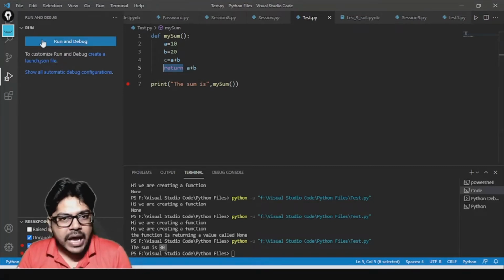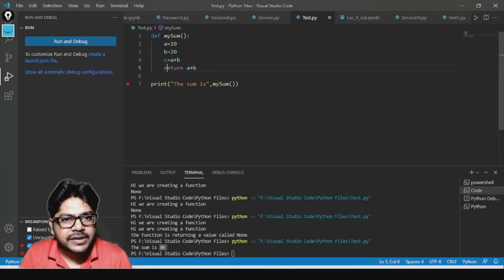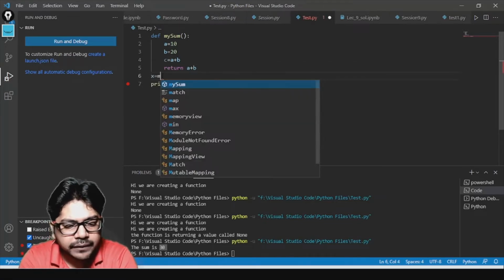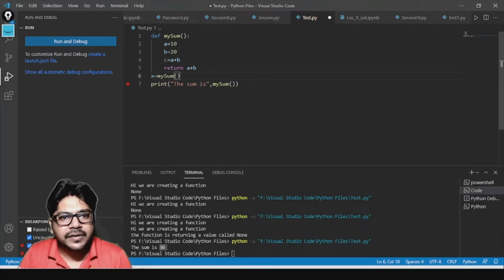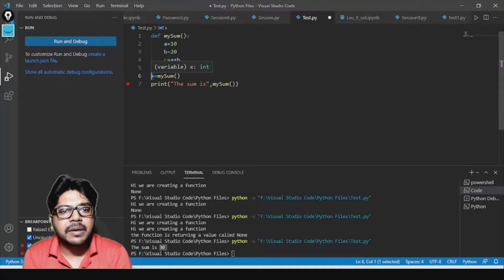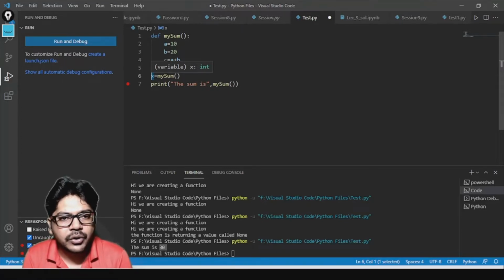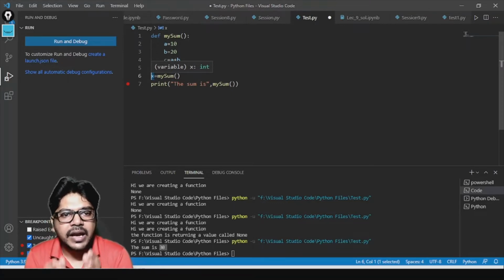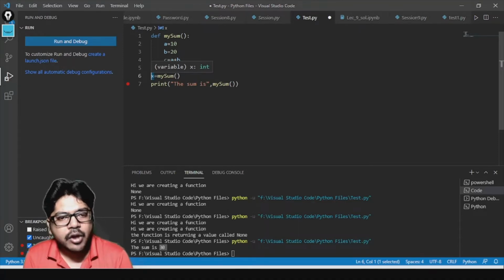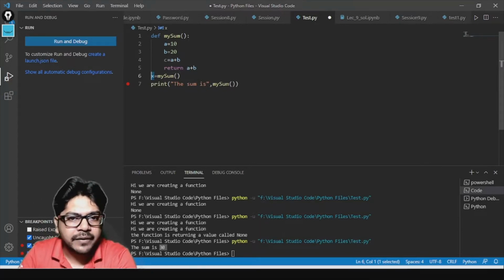Now what I always do, and why I suggest it to all of my students as well, is that since a function is returning something, it is always a good idea to keep a variable like this and then call the function. So whatever your function is returning is going to be stored in a variable called x. Let's suppose I am giving 2 liters of water to you, then you must have a container where you can hold that 2 liters of water, isn't it? That's the reason it's always a good habit. It's just a good habit, it's not compulsory, to have a variable where you can store it, and then you print that variable if you want to print it.